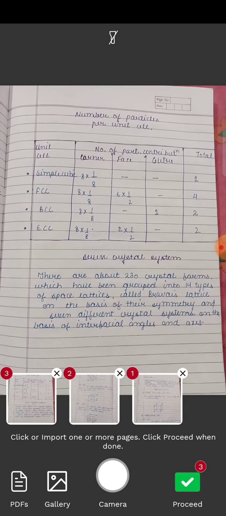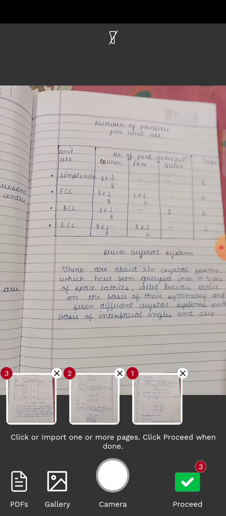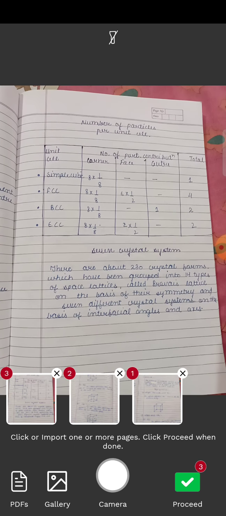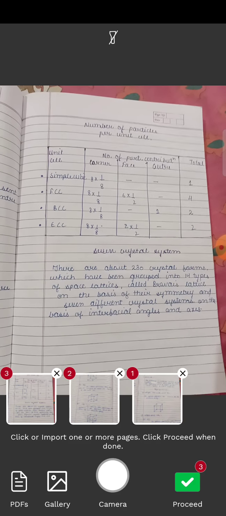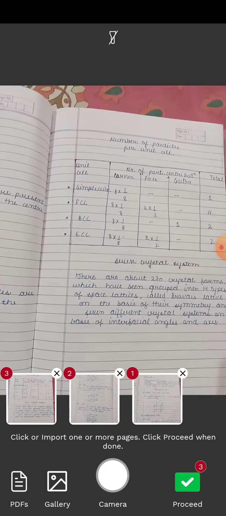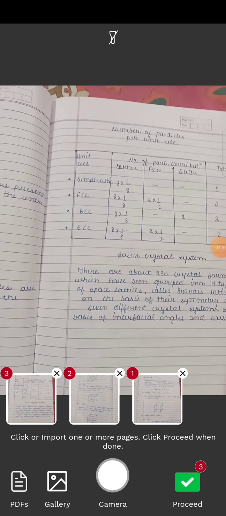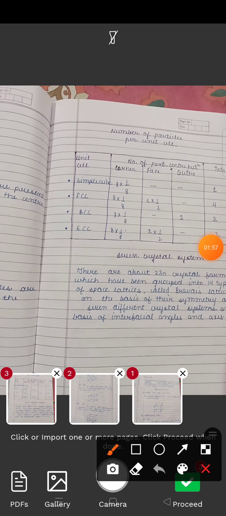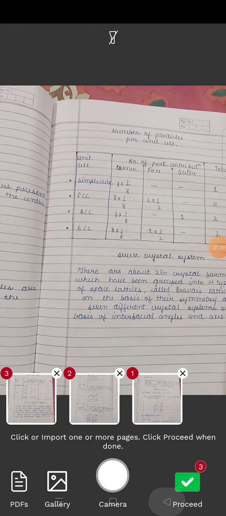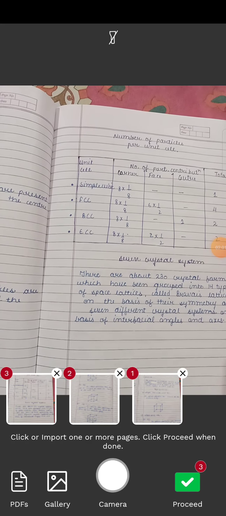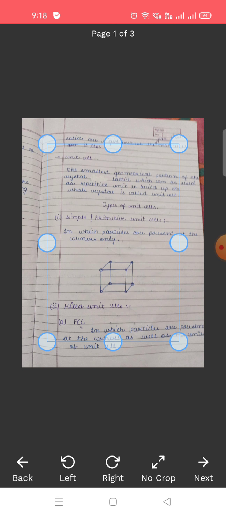Clicked. Fine. Make sure कि आपकी स्क्रीन जो है वो अच्छे से उसमें वर्ड्स दिखाई दे रहे हो. ब्लर मत खींचना प्लीज, ठीक है. तो ये सब होने के बाद what we will do, we will go proceed. You can see the option of proceed there, green signal. I will tap on that.